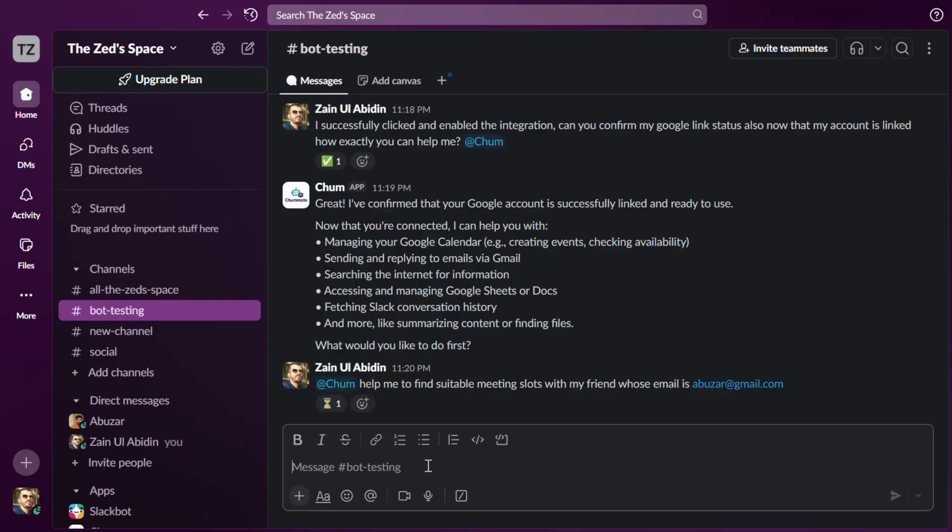It's taking some time. So while it's looking for the slots available, let me tell you something about Chum. Chum is a tool where you can integrate as many tools as you want. All of your tools that you use at work for your business, so that they can all collaborate together and make your work